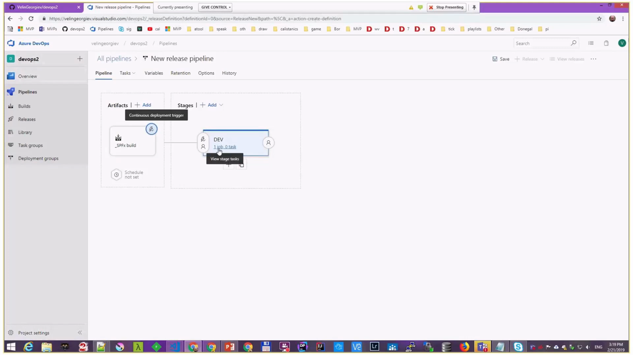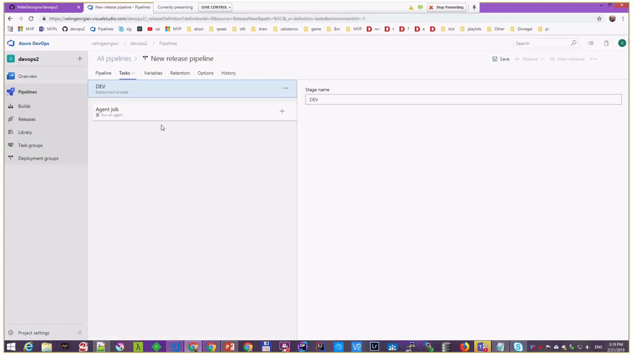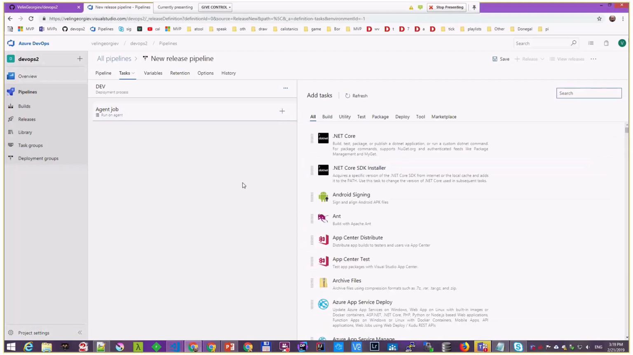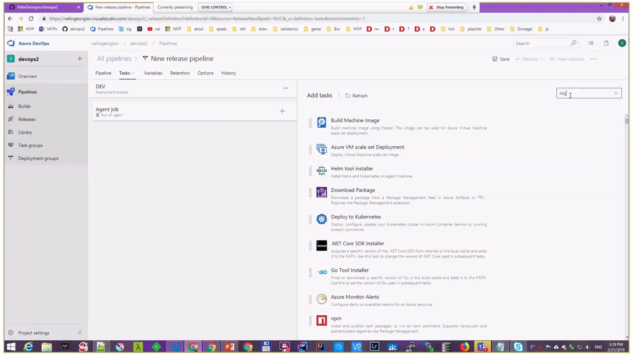So here, on the other hand, I have to configure it. So you can see 1 job and 0 tasks. And if you go here, you will see a build agent or a release agent. Basically, this is our release VM. And we have to set up a few more steps to make it so it can deploy our package to the site. So first thing I have to do is I have to install